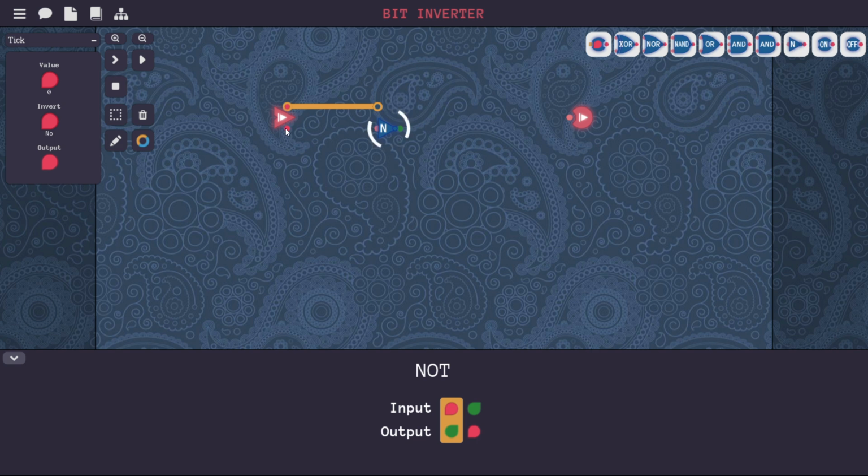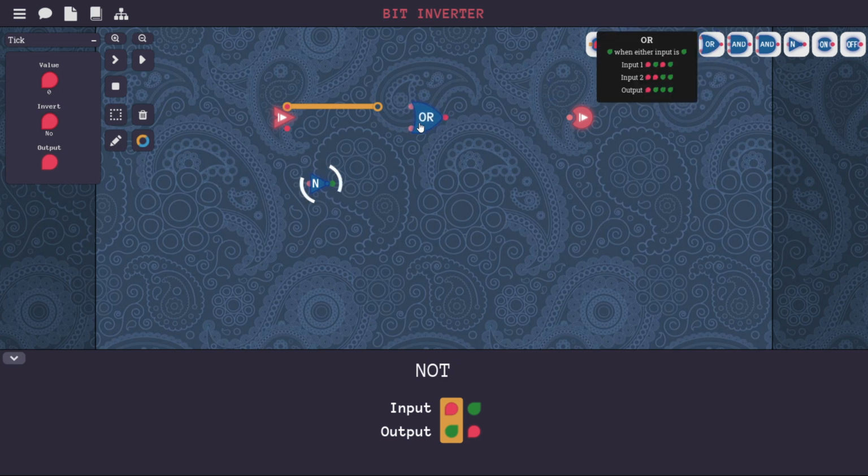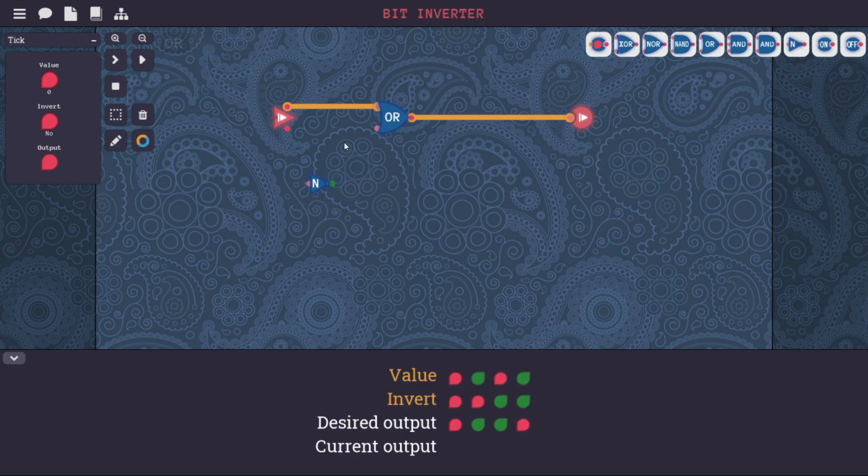So this is false, so the value should just be, let me just use an OR gate for a start. The value should be, if the invert is off, the value is off. That means it's okay. But if the invert is on, the value is